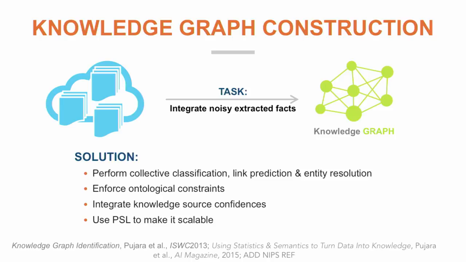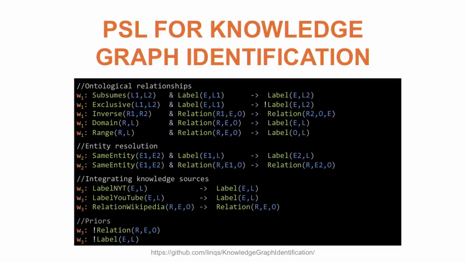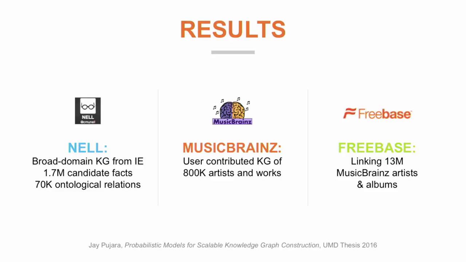So we can use PSL to make this tractable, and the PSL program looks something like this. And this is very much building on some work that Daniel Lowd et al. had done using MLNs for doing this. But the program is quite simple in terms of capturing ontological constraints, capturing entity resolution constraints, capturing other kinds of things about the extractor confidences. And he evaluated this on 3 real-world knowledge graphs, pretty large size. Some of these were knowledge graph constructions, and the last one with Freebase is actually a linking problem, so you're trying to match across these databases. But to summarize the results,